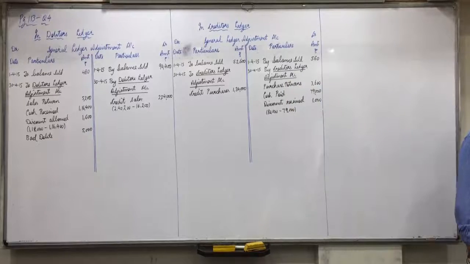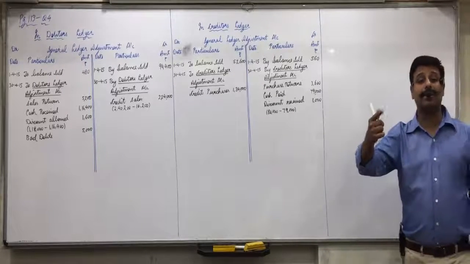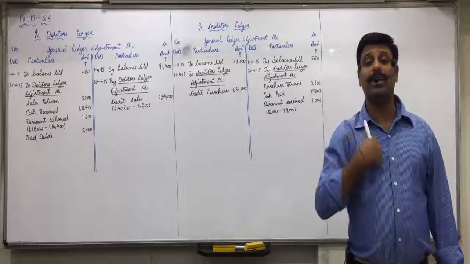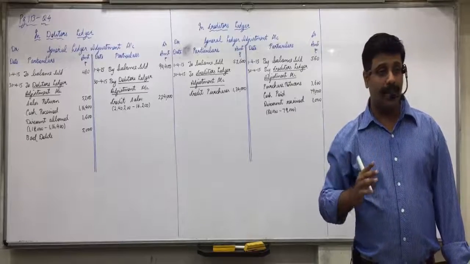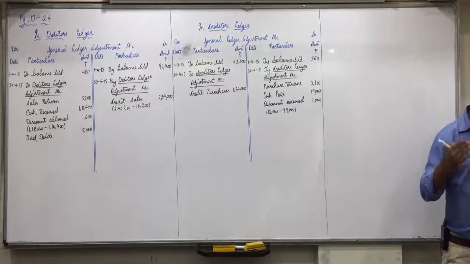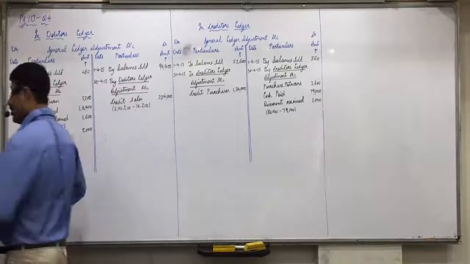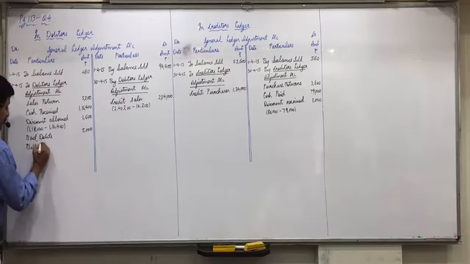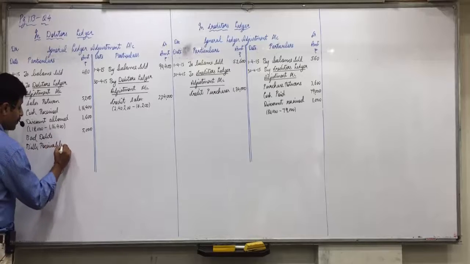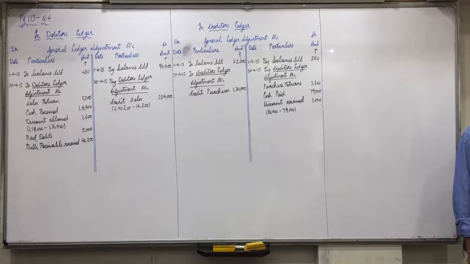Understood this everyone? A bill accepted by customer 40,200. Correct. Accepted by customers means for customers it is payable, for us it is receivable. So bills receivable account debit to debtors account. Customers means debtors. Bills receivable account debit means in the general ledger adjustment account we will write on the debit side. Bills receivable received 40,200.